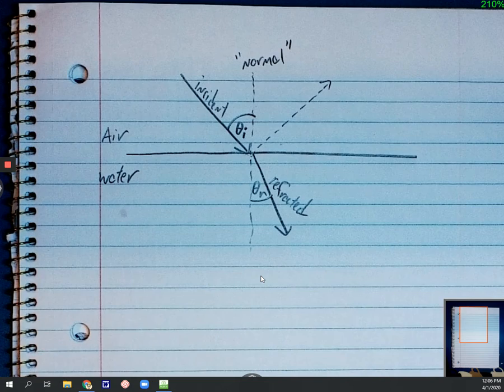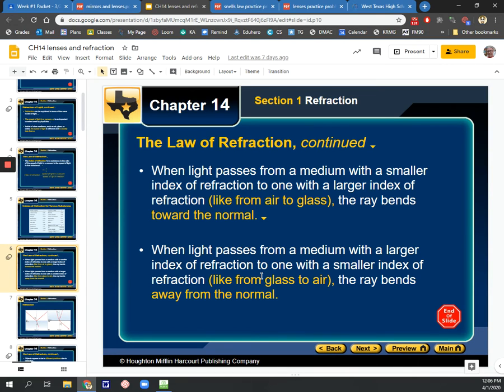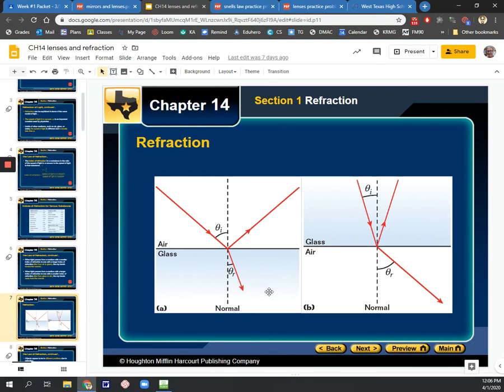And we'll look at some different examples of both of those. So there's nothing to fear or fret yet. Here's a couple different examples. For example, this right here, when air has a lower index of refraction, then the theta r is going to be smaller than the theta i. If light is passing from glass back to air, then the theta r is going to be larger than the theta i. Now notice that some of that light gets reflected,